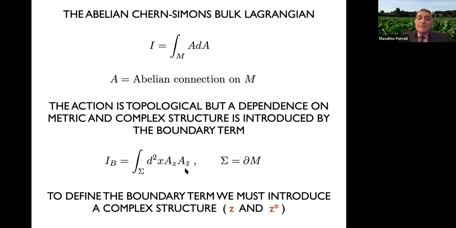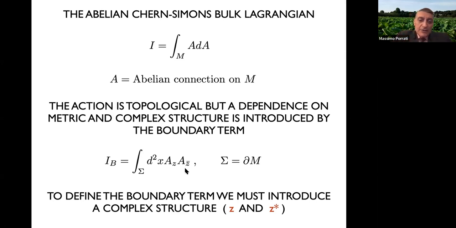So here, I mean, Chern-Simons is an interesting theory because it seems almost trivial in the sense that all the dependence on extra data, on the complex structure or the metric, comes from the boundary, but the boundary is also related to the bulk. And so there are some subtle connections between the two and subtle constraints. So that's what makes maybe this theory interesting, even though it's rather simple and it's, after all, an Abelian gauge